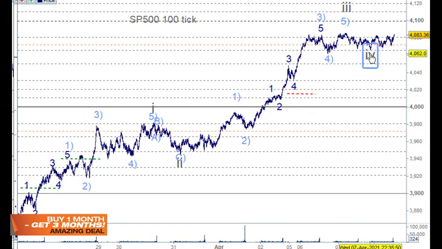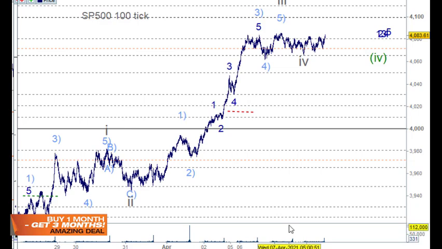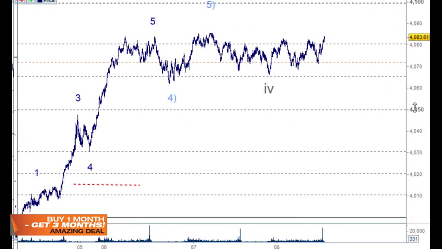And also, this wave 4 doesn't seem big enough. You know, wave 2 was simple and sharp. Wave 4 should be sideways and complex, and it is a bit sideways, but it just doesn't seem big enough. But anyway, from here we've got